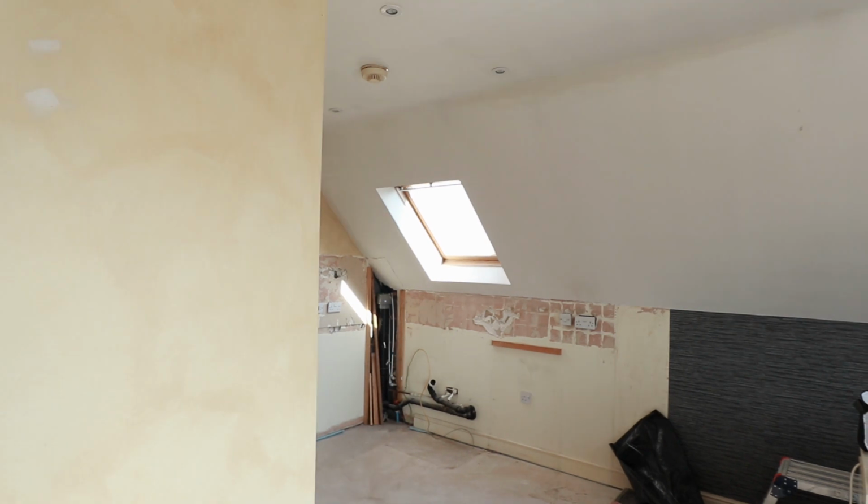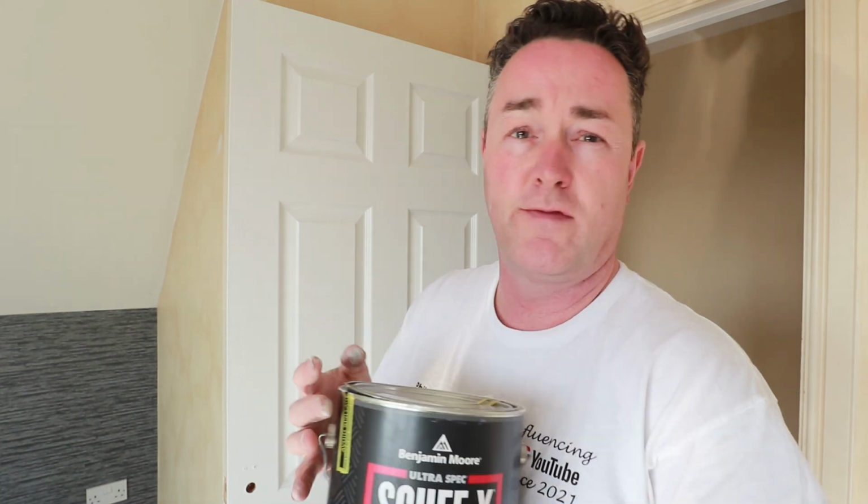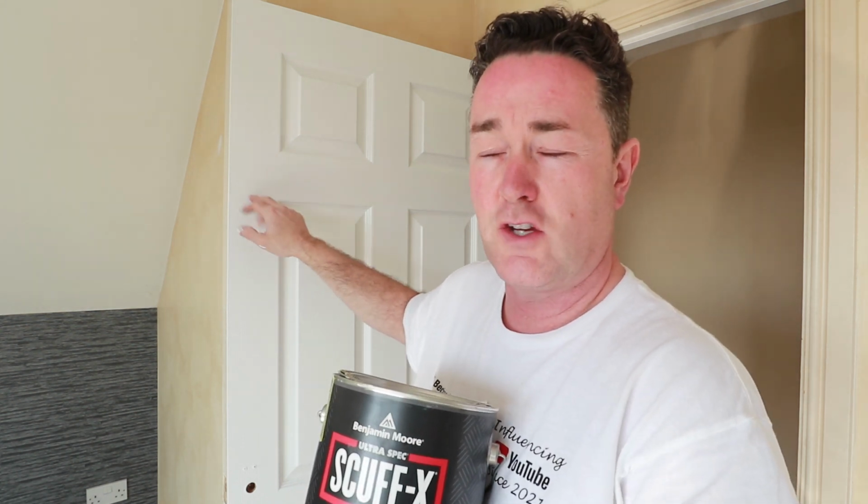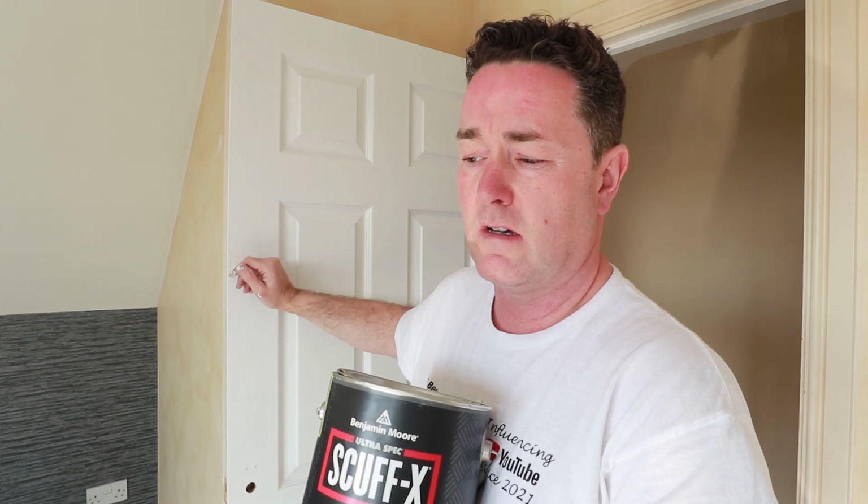Next time round, I'll probably try Two Fussy Blokes on this room that I'm in here, in the living room stroke kitchen. Well, you see there, no kitchen. I'll try Two Fussy Blokes next time, a 5mm, so I can compare against what I've used there. But application wise, really chuffed. It went on lovely. I just nibbed down between that second coat, and the feel of the finish is as near as what I've had